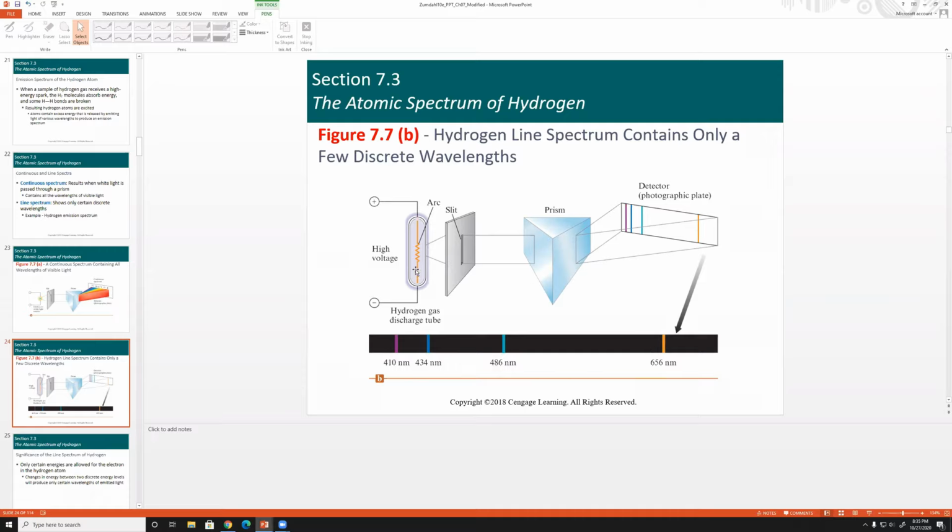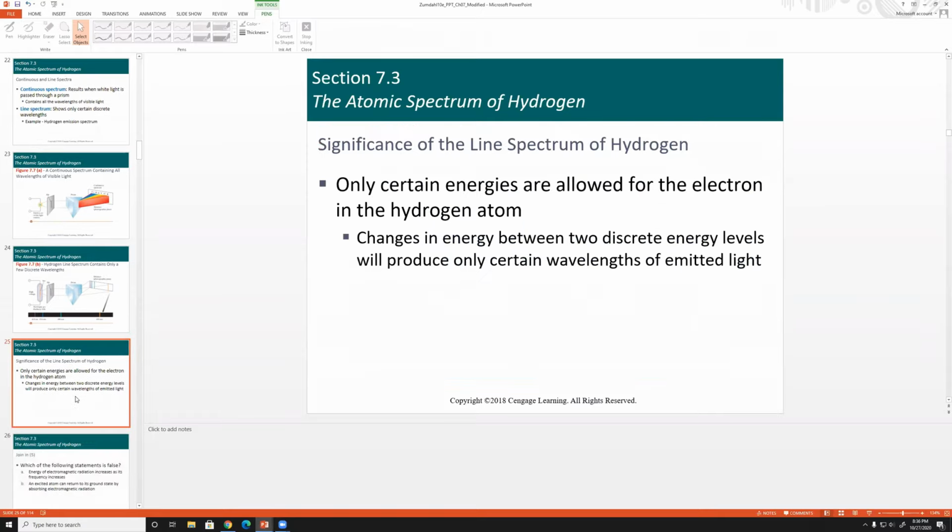So why does this happen? It happens because of electrons. And keep in mind, this is for hydrogen. Hydrogen is the simplest of atoms. It has 1 proton, 1 electron, and it's not nearly as complicated as the other ones. So what happens is that